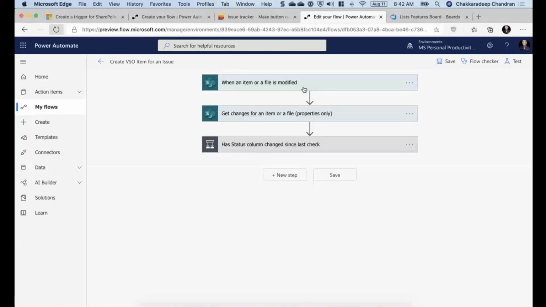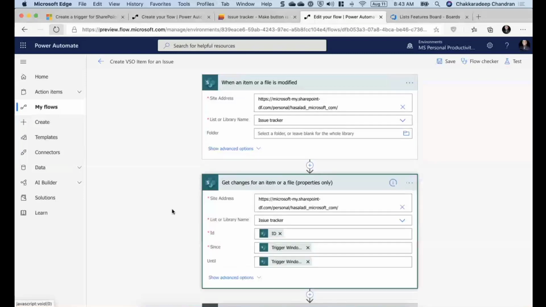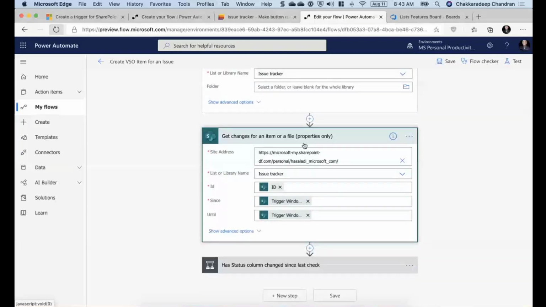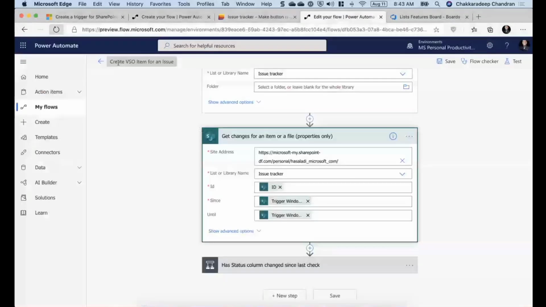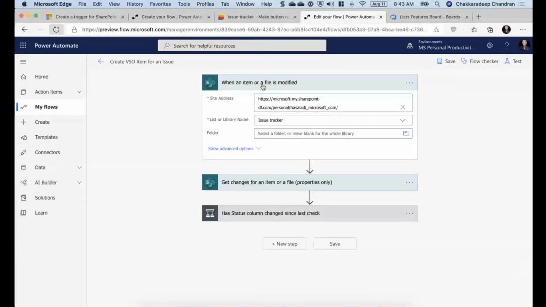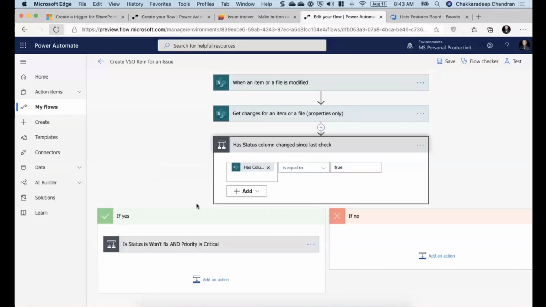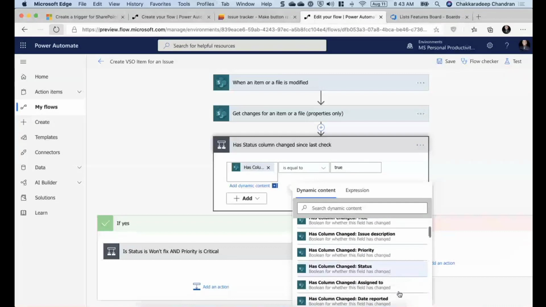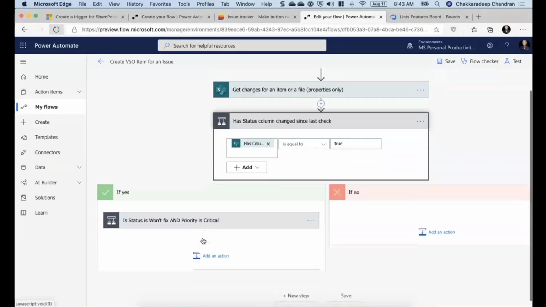So when an item or file is modified, right? I have that particular trigger, and I also have the particular action talking about get changes. And if you look at my list settings, I also have versioning turned on, which I will skip for now. So the first thing I check is has the status column changed since last check, right? So I use the has column changed, and I go here and select has column changed status. I check if it's true, and then I go ahead